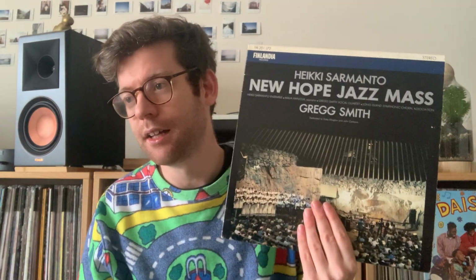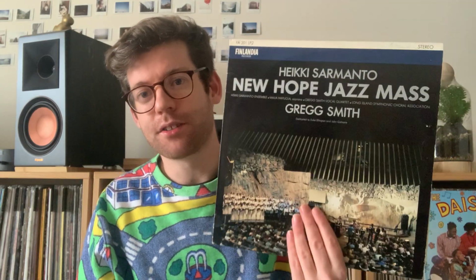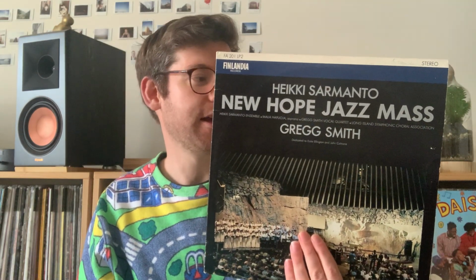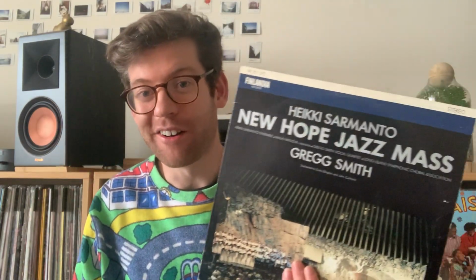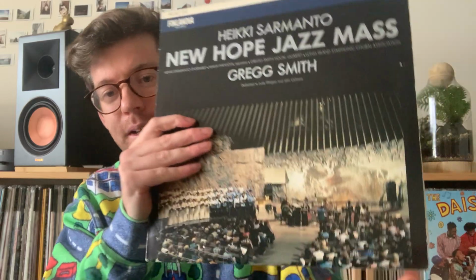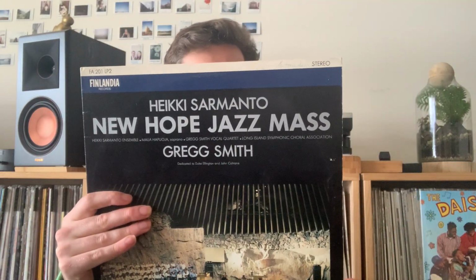Now this is, there's some amazing deep stuff on here, and there's some not so great stuff, but it's basically a jazz mass, but they're playing like Coltrane, I guess. So you've got a big choir behind it, as you can see by the photograph here,